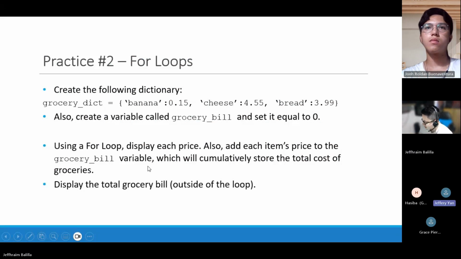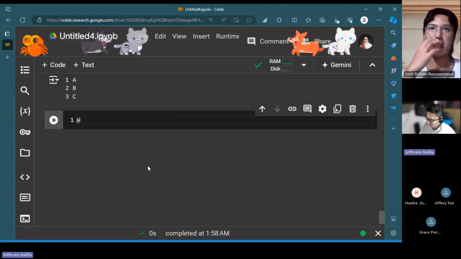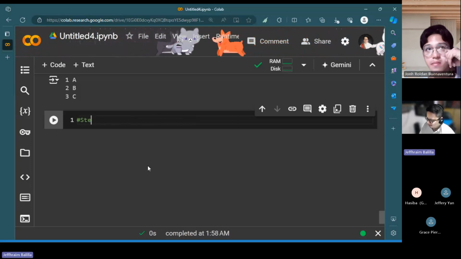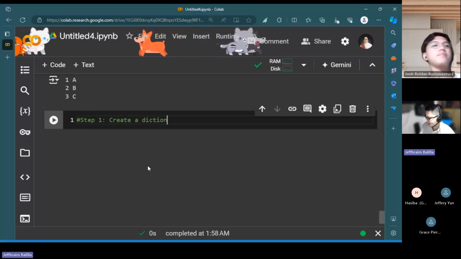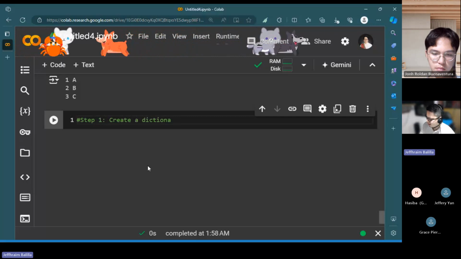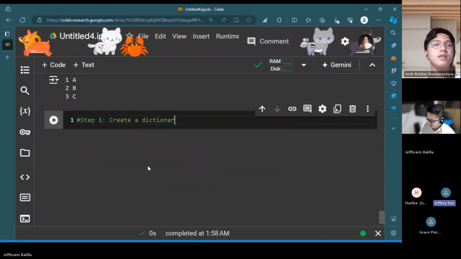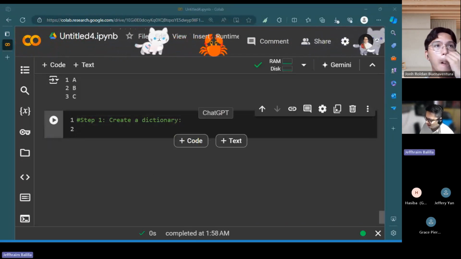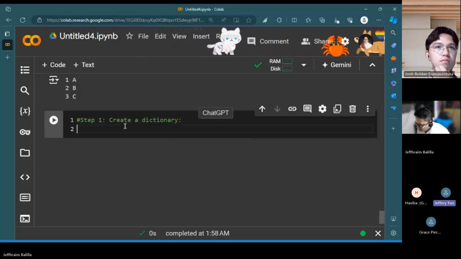I think just create a dictionary first. Just copy that exact line. I'm done. Yep, that's a great start actually. Step one, create a dictionary, right? John, do you have it in the chat box? No, I'm just saying copy. You actually already have the dictionary written out, so we could just copy that line over and basically assign the variable.